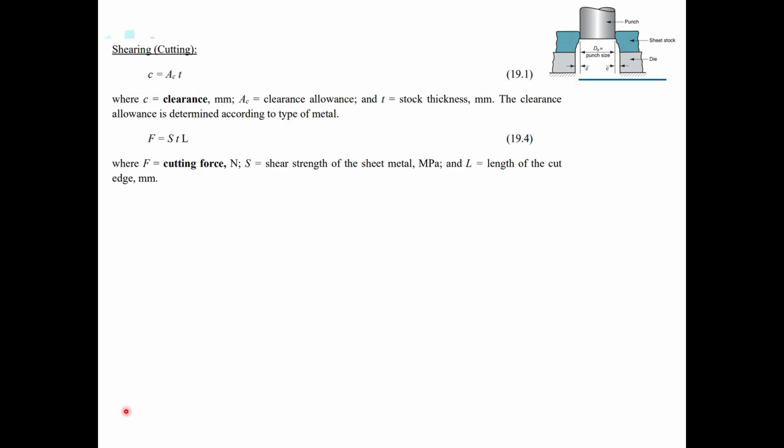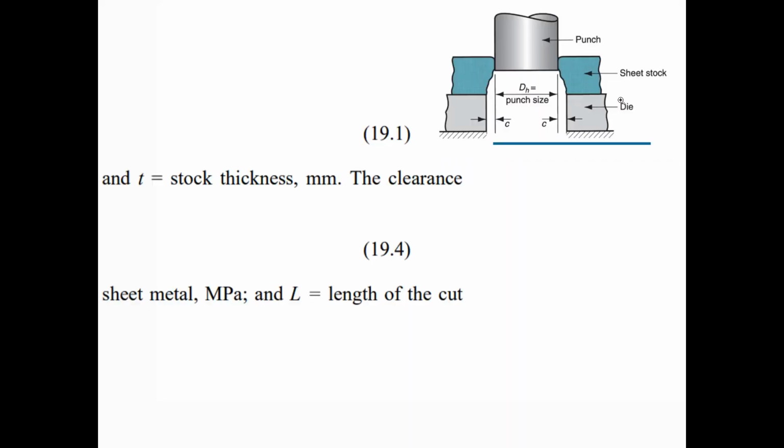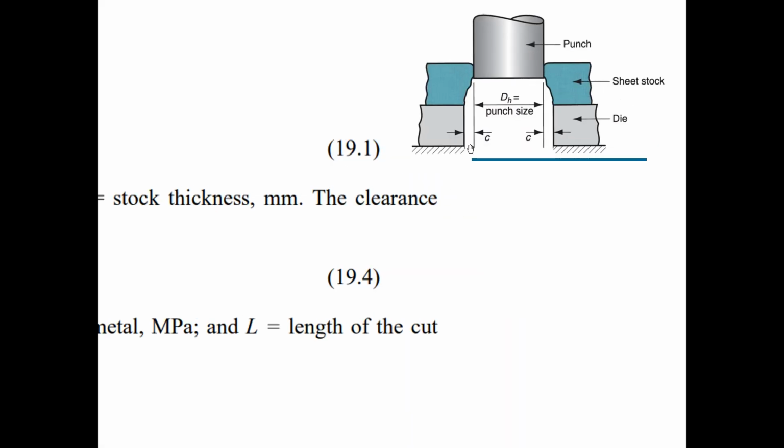and the die. If we take a close look at this figure here, we can see that there is a size difference between the opening of the die and the size of the punch, and this is referred to as clearance. If this is a round punch, then there will be 2c, that is the difference between